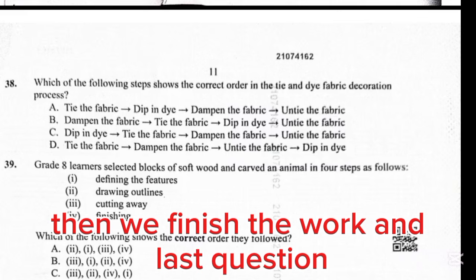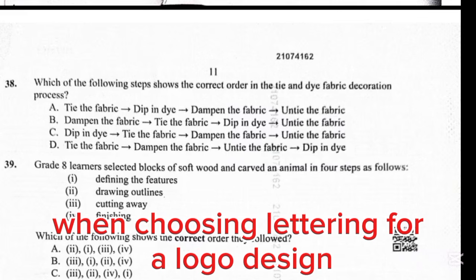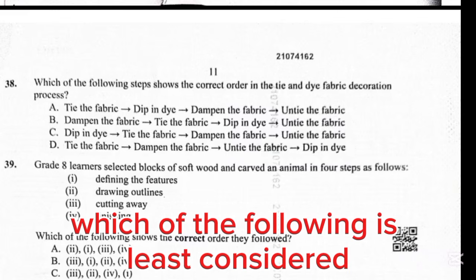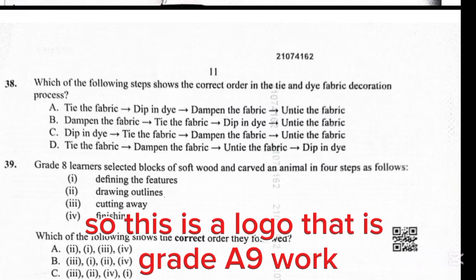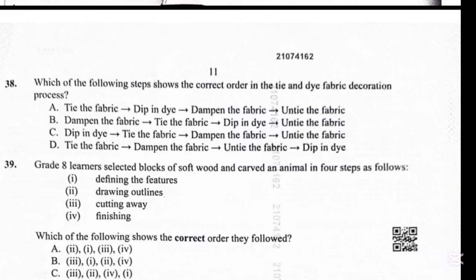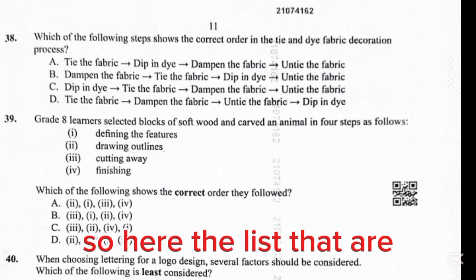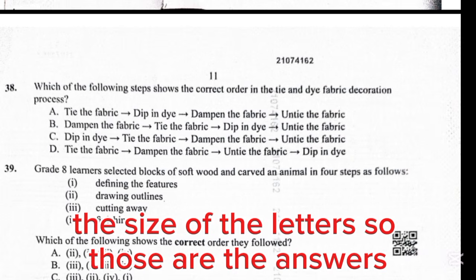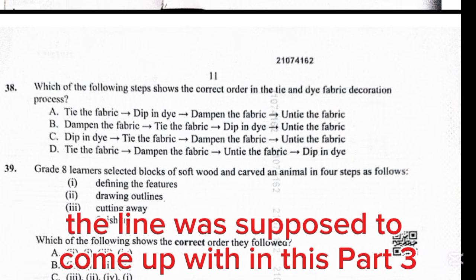And last question, when choosing lettering for a logo design, several factors should be considered. Which of the following is least considered? This is a logo that is grade 9 work. Here, the least considered is the size of the letters. So those are the answers the learner was supposed to come up with in this part 3 under the